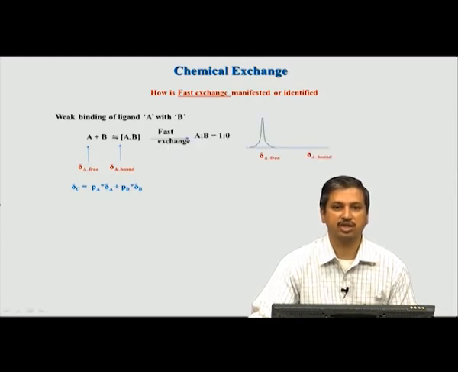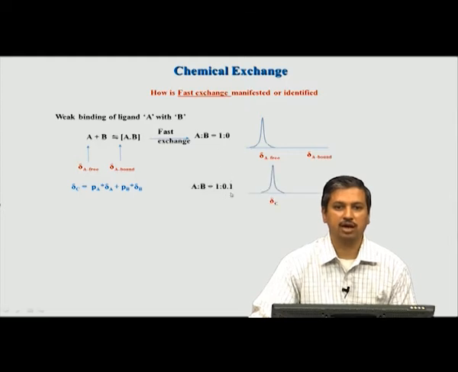So, let us say there is a fast exchange. Now, suppose I do not add any B at all. There is a starting reaction, I am not adding any B. So, obviously, there is no complex. There is only one peak which is coming at the position of the delta free, that is A free form. Now, I slowly add the ligand, I add not protein, sorry, and it becomes 0.1:1. Now, we can see that peak has shifted. Why has it shifted? Because it is based on this formula here. There is a fast exchange between these two, and because of the fast exchange we get a peak at the average chemical shift, and that is what is shown here.